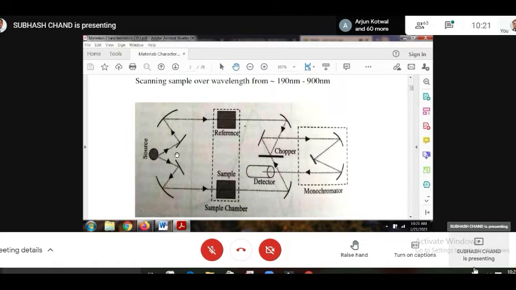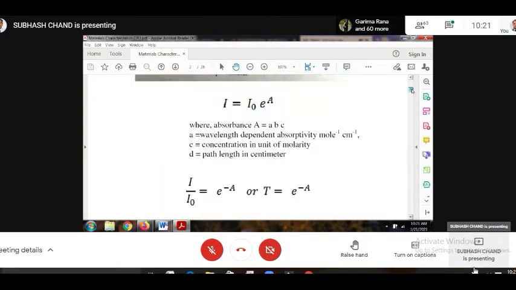So this is a source, and here is an arrangement also to filter out the wavelengths. This source is emitting all wavelengths simultaneously, so these wavelengths are filtered, and one wavelength is allowed to pass through at a time. The arrangement does not show it here, but there is a filter which allows a single wavelength at a time. Then it is scanned. When we scan the sample, we get a plot, and that plot is transmission versus wavelength. How can a transmission versus wavelength plot look? How does it look like?